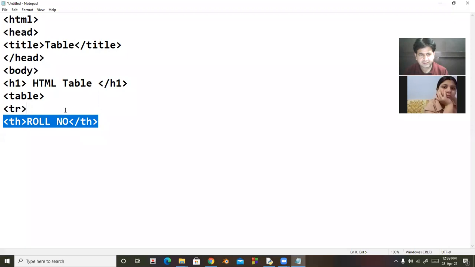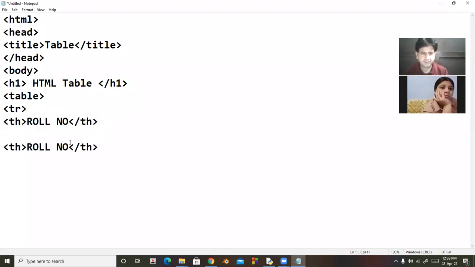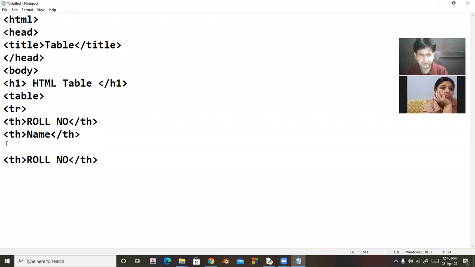After that, there is name, and then here is marks. Then I close the row,